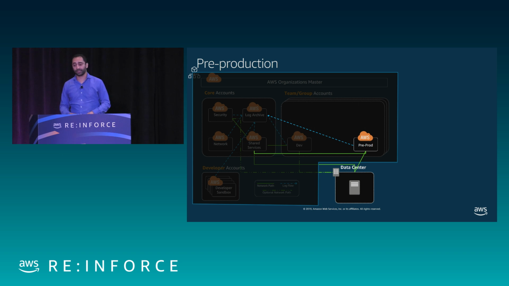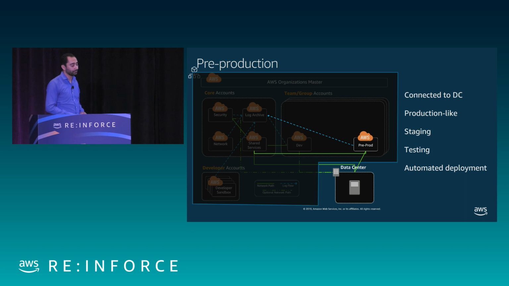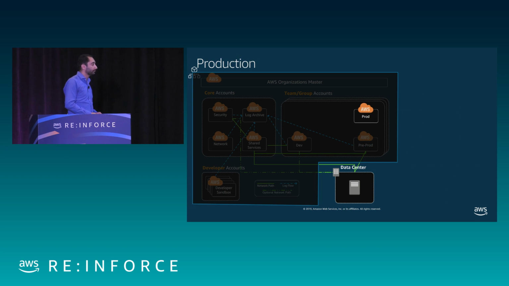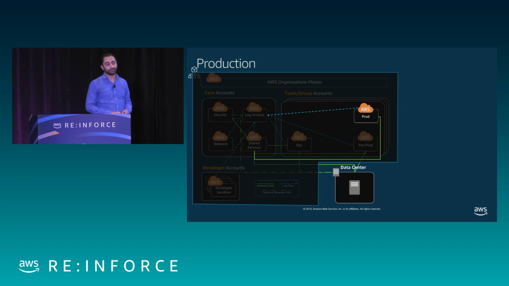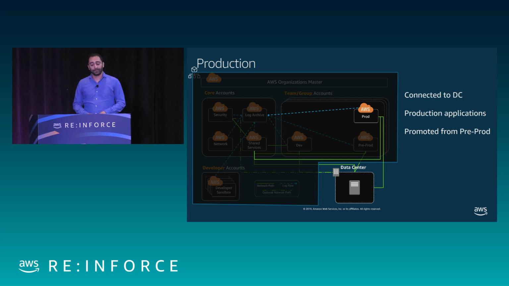So shared services, because it might rely on directory services there. And it's connected to my pre-prod network on-prem. Production, similar concept. CloudTrail logs going, network connectivity to the right places. And hopefully, you're promoting things from pre-prod. I've tested it, validated, everything works. Now I can say it's going to go into production.